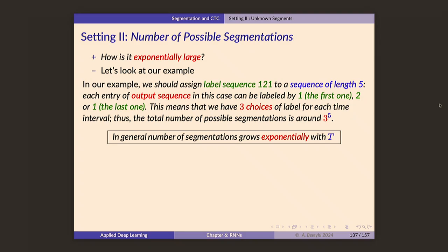Correct? I do agree, but they are not going to reduce the order of the cases, okay? So I don't mean exactly 3 to the power 5. For this one, this is simply 6. It is not 3 to the power 5. This is obvious. But when you scale it, everything goes as one number to the power t, okay? When the sequence is very long, the number of cases which you exclude are going to drop, right? So there are going to be a few of them, but lots of guys in between could be every label, right? And because of that, this is going to increase exponentially with the length of your sequence,